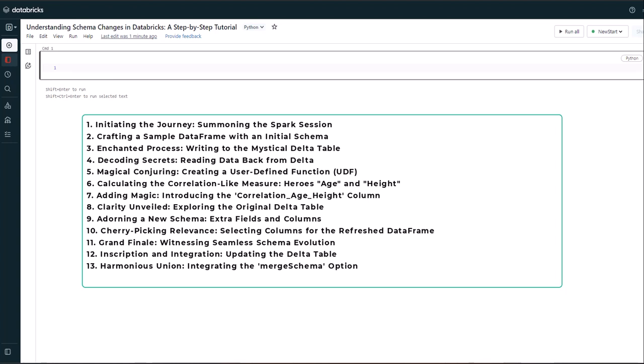Hello everybody. In this hands-on Databricks tutorial, we will explore the dynamic world of Delta Lake and PySpark, unveiling an efficient strategy for seamless schema evolution. Our journey kicks off by summoning the mighty Spark Session and crafting a sample data frame adorned with an initial schema. Join us as we guide you through the enchanted process of writing this data frame